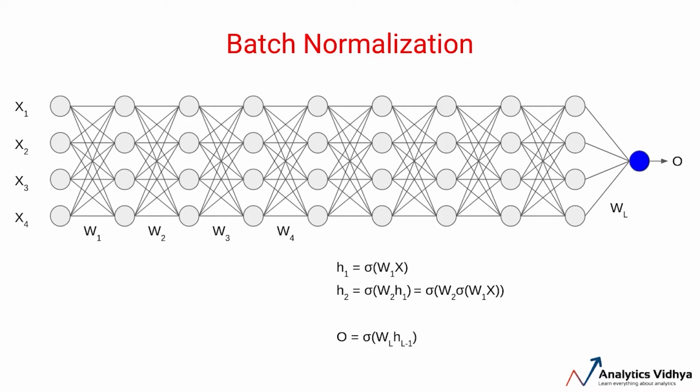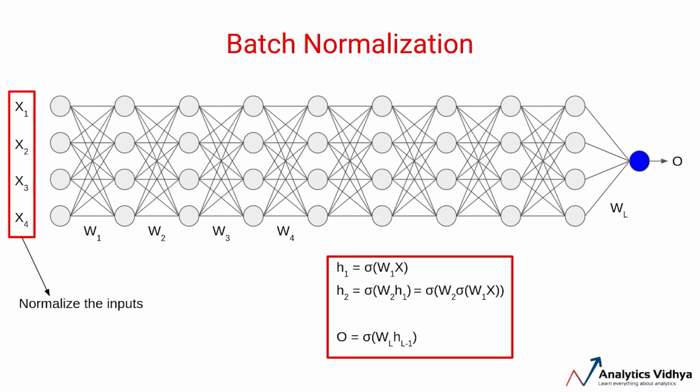If you recall, initially the inputs were normalized. But as we compute the hidden layer activations by performing dot products, these values are not normalized anymore. However, wouldn't it be great if all these activation values were also normalized? That would speed up the training process even more. This is what batch normalization does. It normalizes the activations of the hidden layers.